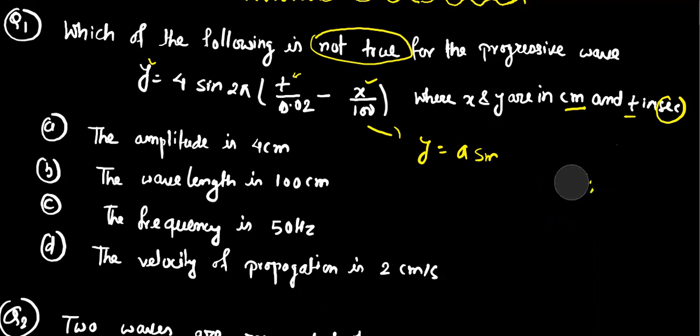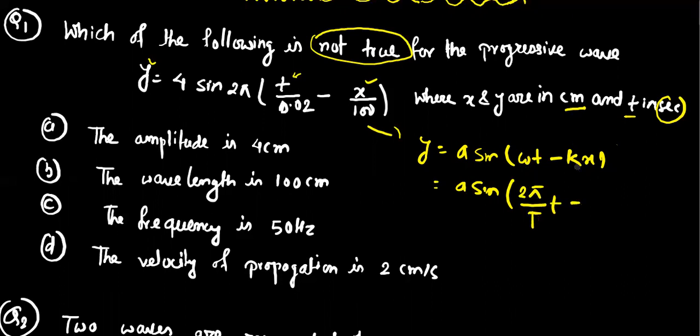So we have to begin from the basic formula of progressive wave, which is y equal to a sine omega t minus kx. On modification, we replace omega by 2 pi by T, and k, the wave vector or propagation constant, by 2 pi by lambda, and by taking 2 pi as common, we can get